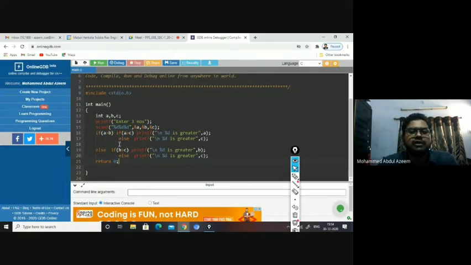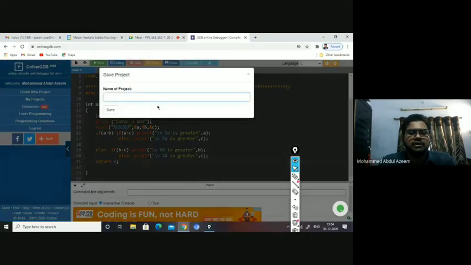So I have written this program to demonstrate nested if else with an example, greatest among three numbers. Okay, so the language is already chosen as C. We just save this program as greatest among three numbers using nested if else.